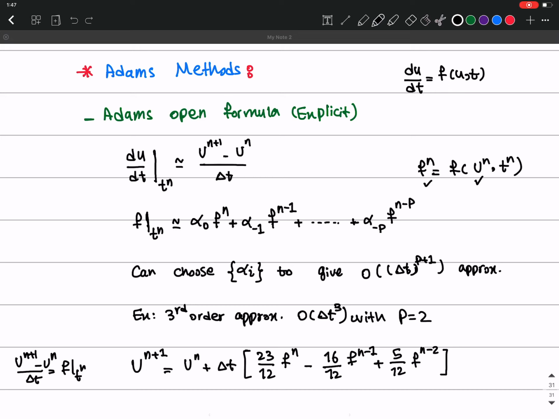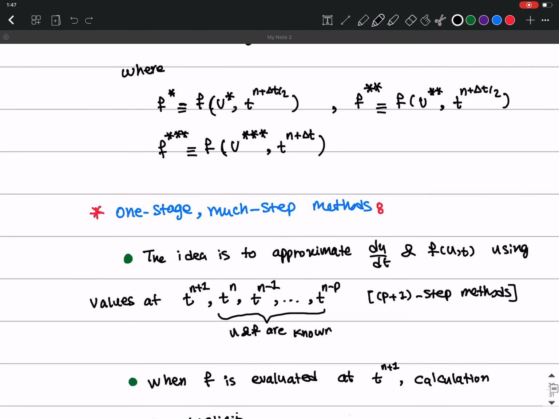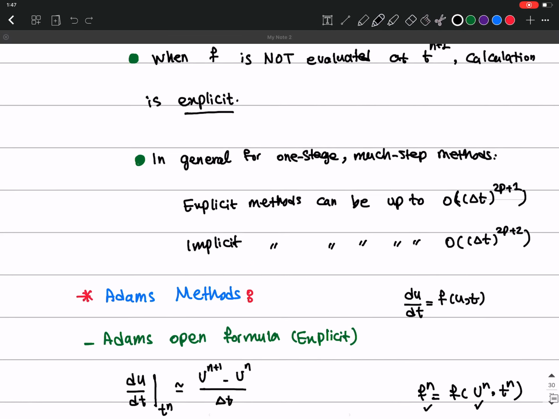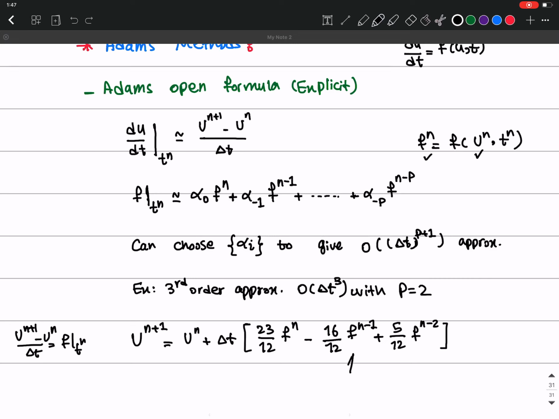This is a third order approximation, which is a pretty good high approximation, right? So you have multiple steps here, unlike the previous one, where we were only going one step. You are going from n to n plus 1, for example, as you see in the Runge-Kutta method. But here you have multi steps. You have fn minus 2 one step, fn minus 1, and then fn steps. So you have 3 steps